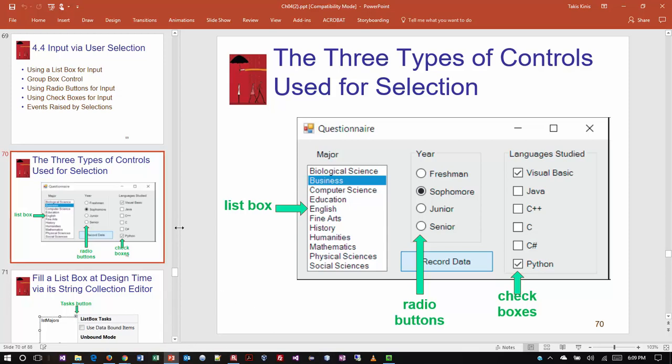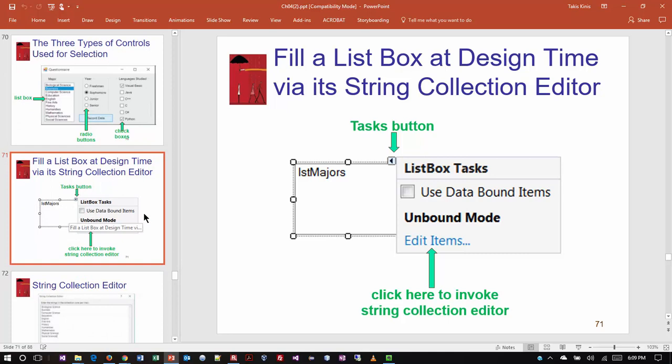In the subsequent slides here, the author goes through a demonstration of how to use these. He starts with the list box. And the list box is really kind of one of these first objects that we put on the screen where we're going to start actually using that tasks button a little bit more than we have in the past. And for the most part, you guys probably haven't even touched that. But this is a little button that you see on many of the controls, and when you see it, you can click it, and it opens up a separate dialog that allows us to create and control certain features